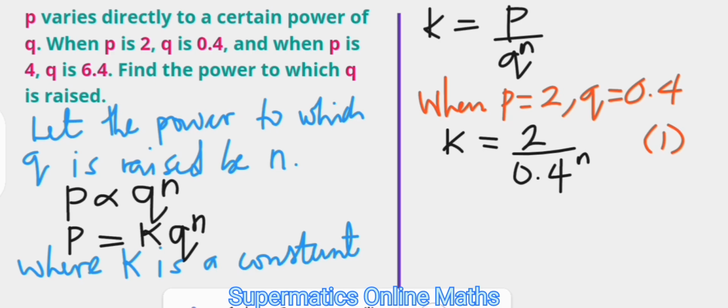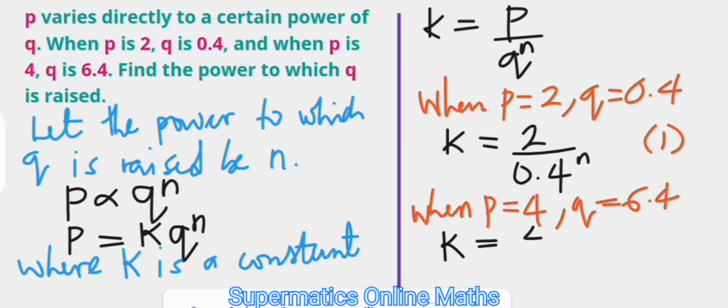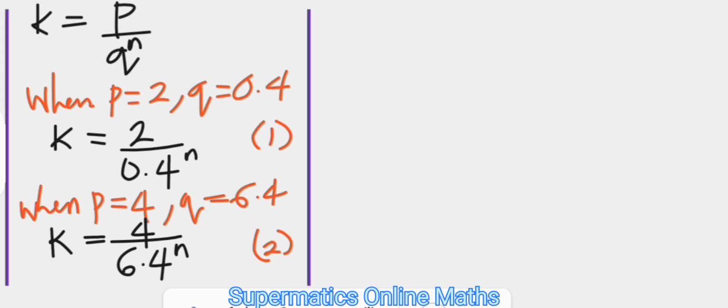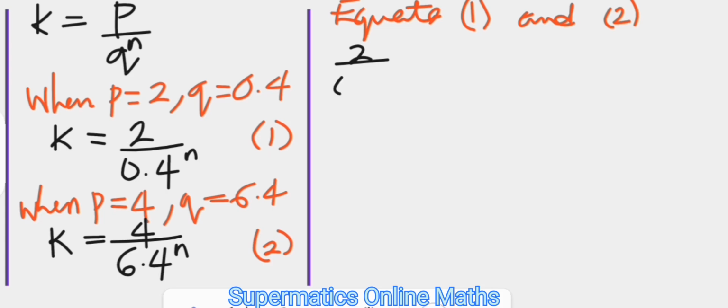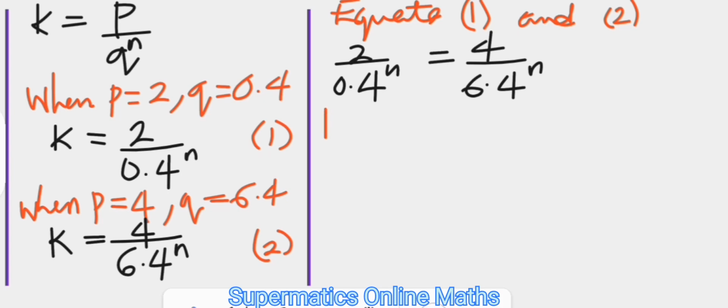Similarly, from the problem, when P is 4, Q is 6.4. Substituting this also gives the constant as 4 over 6.4 raised to power n as equation 2. Now, since the constant remains the same, we can equate 1 and 2, which means that 2 over 0.4 raised to power n is equal to 4 over 6.4 raised to power n. Then we will multiply both sides